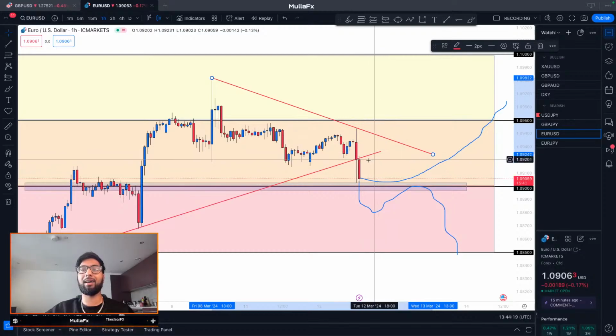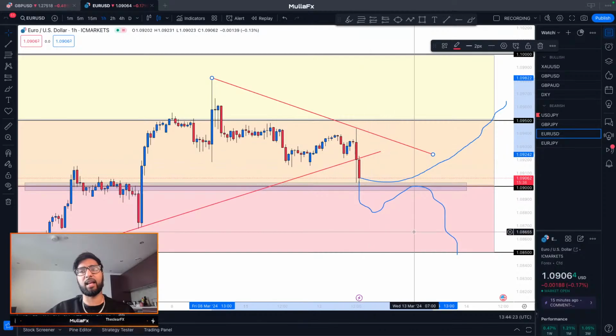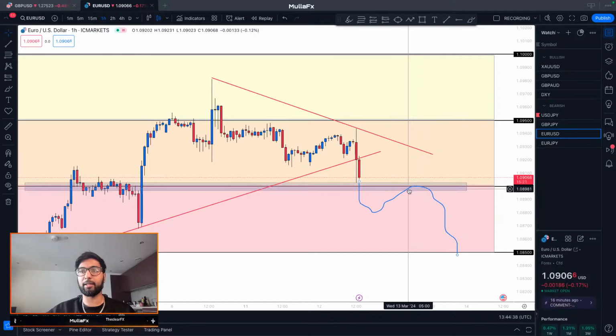We would then enter at this retest because we see the bigger picture, and end up trading that sell towards the downside. So I'm waiting for price to do that. But the only way I can confirm that price is doing this is if it breaks this level first and goes up, right? So what we're expecting as a trader,